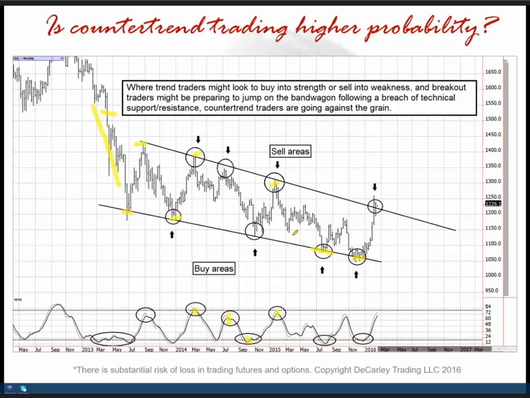The problem with counter trend trading is if it doesn't hold, the losses could be substantial, and you really have to work hard to cut your losses quick enough, not to ruin your year. Most of you have probably realized by now that this chart ends with gold being at 1226. Well, we all know gold is somewhere around 1350 now, got up to 1370. So a counter trend trader on this particular trade would have had a hard time, but that trader would have